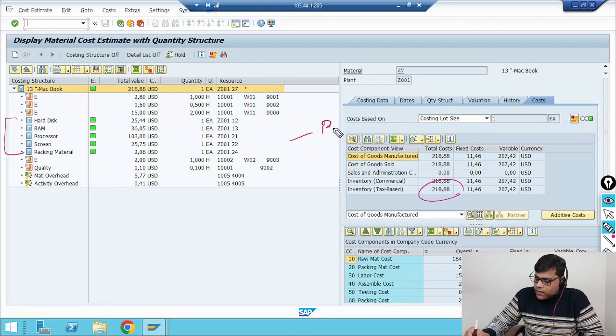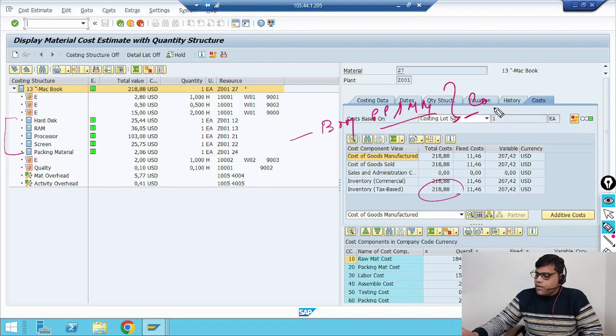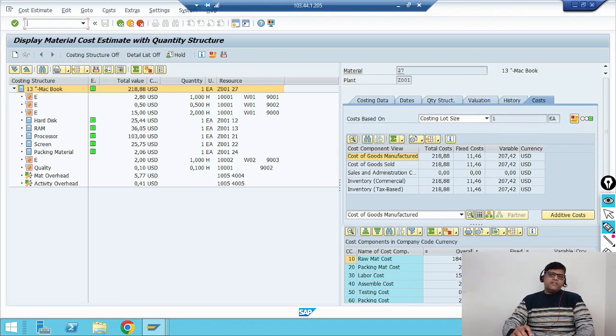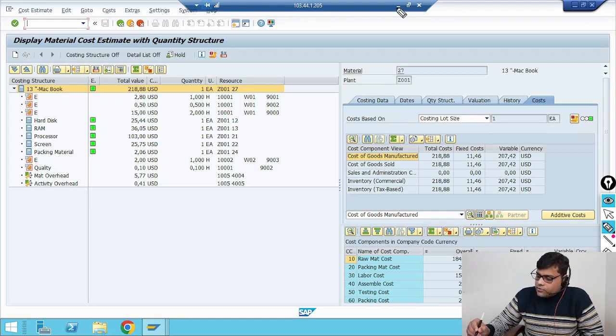For this we have prepared the bill of material. We should have detailed settings, and we should have the PP integration, and in CO we are going to calculate the cost. As we know, only with material we can't calculate the cost, we must have the activities as well. So for this activity the structure is,